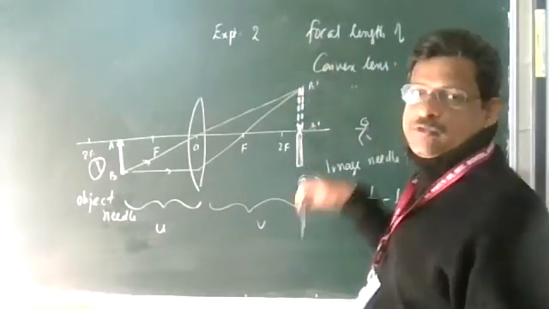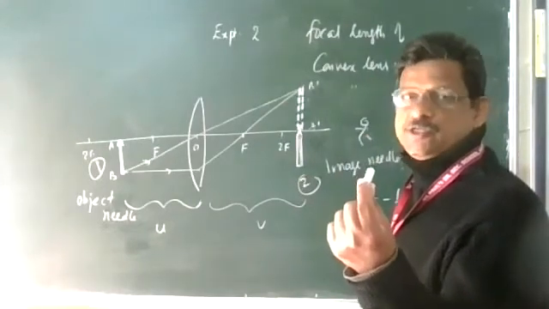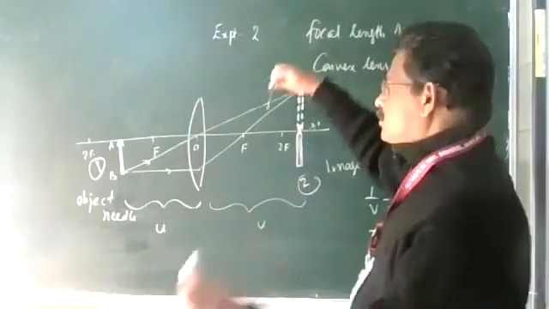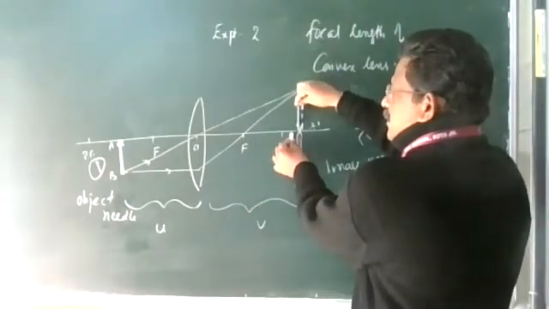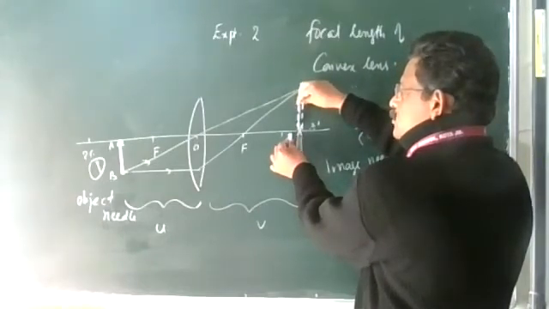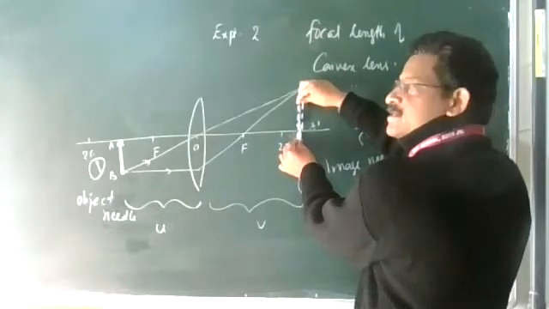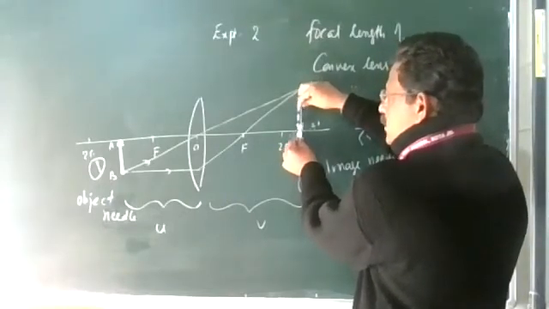Then you take another needle that we name the image needle. Again, keep it on the stand. If they are not touching, with one here and one here, adjust the horizontal distance so that they are on the same line. But they are not tip to tip, so adjust the height so they come tip to tip.